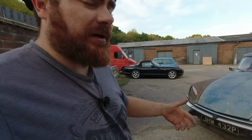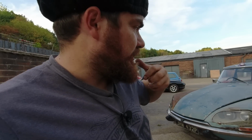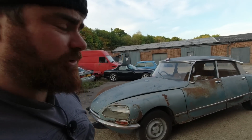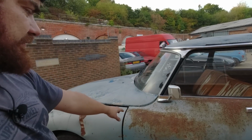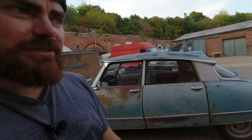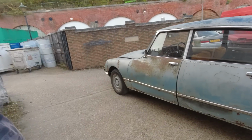So enough biffing around. What's the actual plan of attack? Am I going to keep mucking around with this thing? No. As I've said, everything I've said about the engine bay, the chassis, the body, blah, blah, blah, is all true. I want to keep this thing kind of looking like it does, but making it mechanically spot on, getting the engine bay sorted, making it so I can use it. There are two reasons for that. Firstly is that I love the way this looks. You can't fake this sort of stuff. You can't fake that. And every panel has a story to tell, but unfortunately, I think these doors are probably